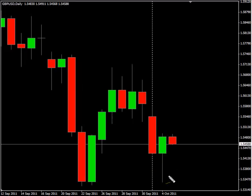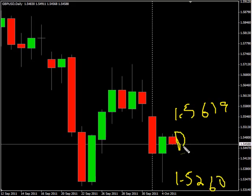Now the pound US dollar pair. This pair closed higher after moving much lower, basically down to this area of support, then pulled back, closed higher. We are looking for it to potentially go as high as 156.19, possibly as low as 152.60. Look for some resistance around 155.31 and look for some support around